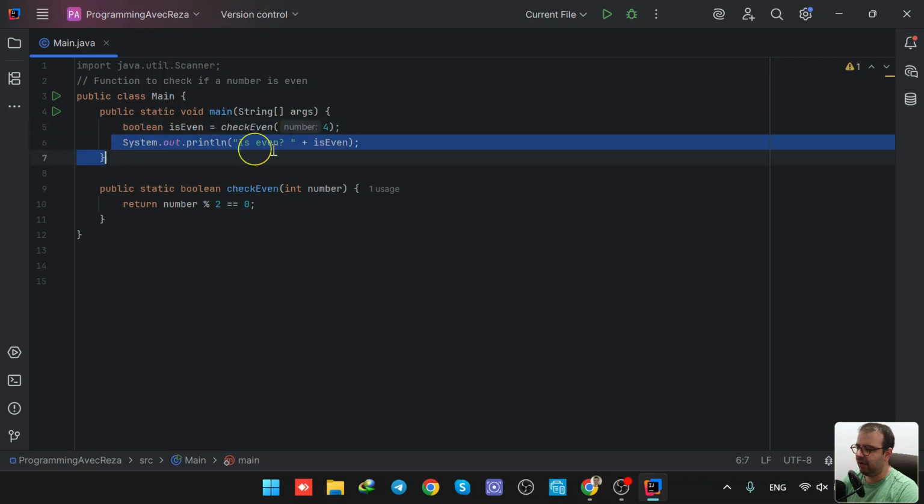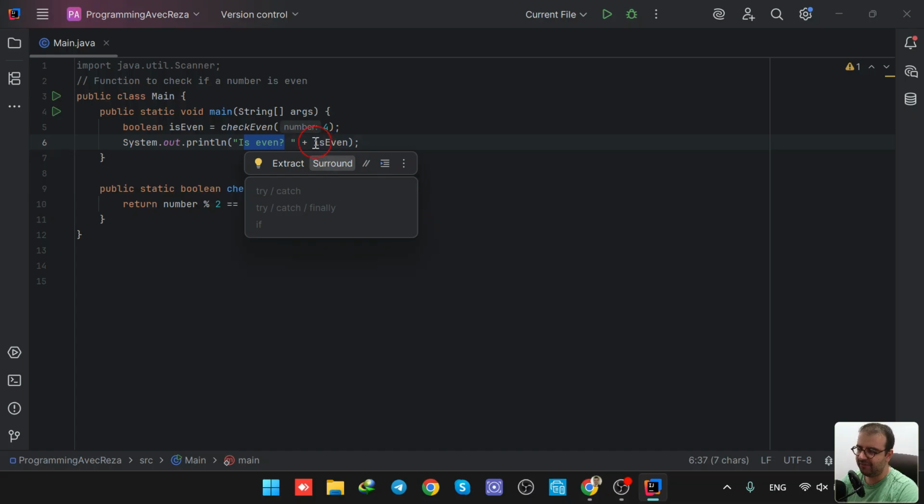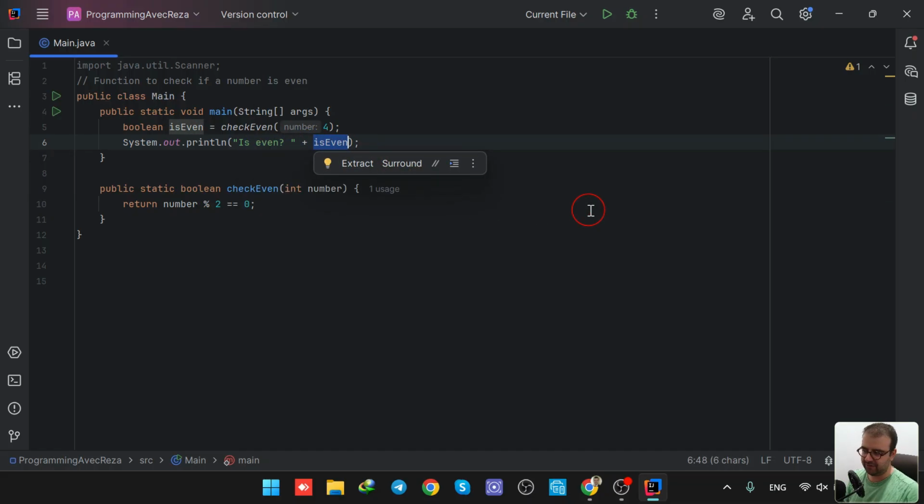And here, after that, we are going to see system out println, meaning that we are printing this message, is even, as a question, and then we put the value of the variable. So is even is written there, the variable name, and if it holds the value true, it is going to print true in the output. Otherwise, it is going to print false in the output. So when I run this code,